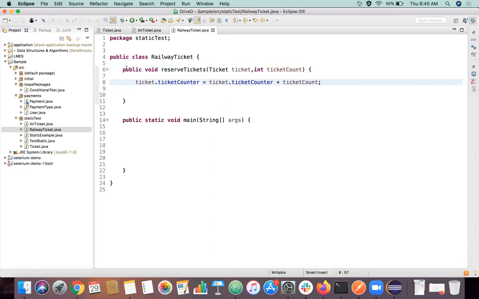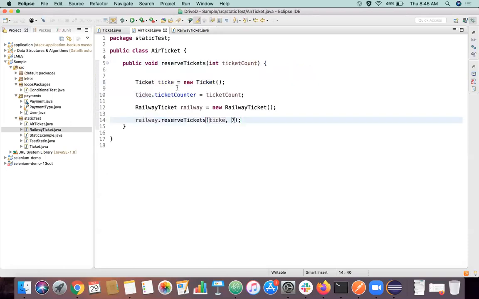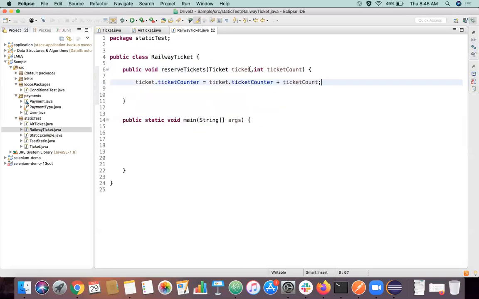So this is too many complications, right? I'm just getting this ticket object inside an argument which contains this value 3 which we already set. Then we are passing one more argument called 7 to increase the value from 3 to 7. Then we are getting the ticket object and the value 7 here. We are getting the ticket counter and increasing that ticket counter value by the argument we got here and setting it same to the ticket counter itself.